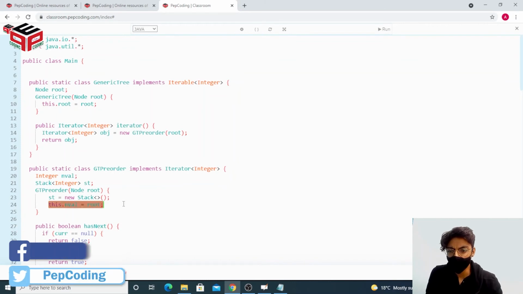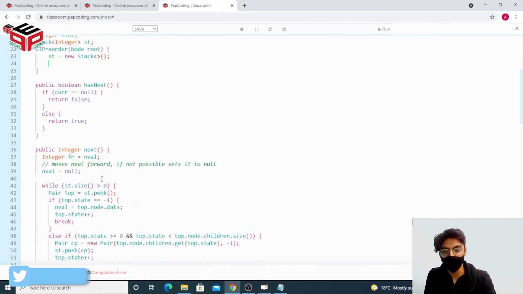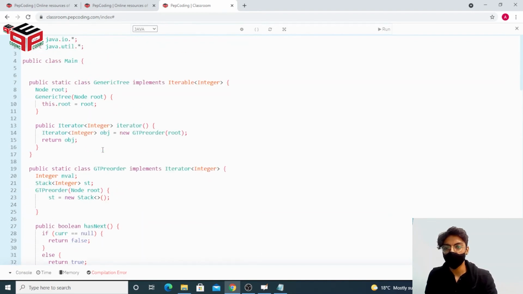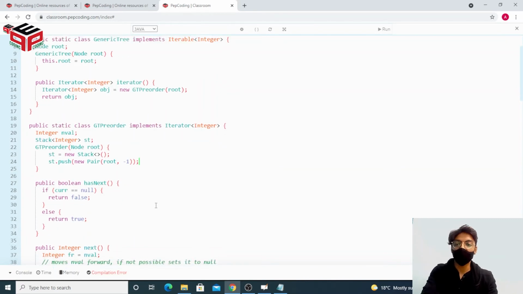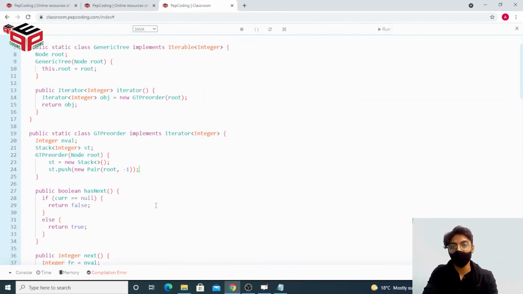Okay, so we don't really need to implement this right here because we are already handling it in our next function. So instead, what we'll do is simply push a pair in our stack to initialize it. This pair will have the value as root and its state as -1. The -1 represents the pre-order state basically. And if the value is anywhere between 0 and the size of the children minus 1, my size of the children array list,